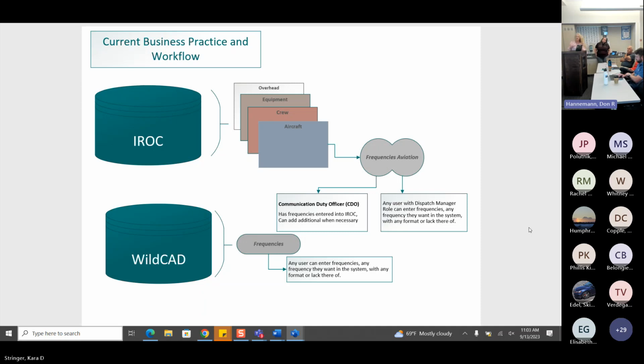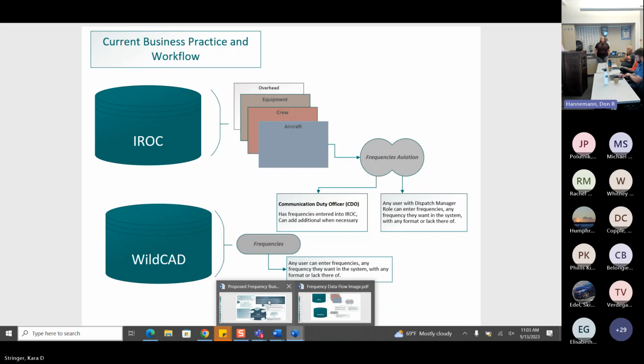Okay, so I think I covered all of those. So that's our current workflow, and I think by what I just said, you might have had some red flags like, oh, we should probably look into this and how we can do this better. So what we're talking about doing